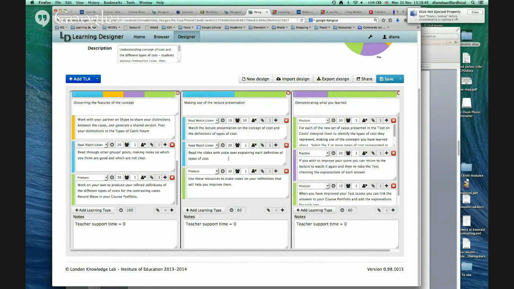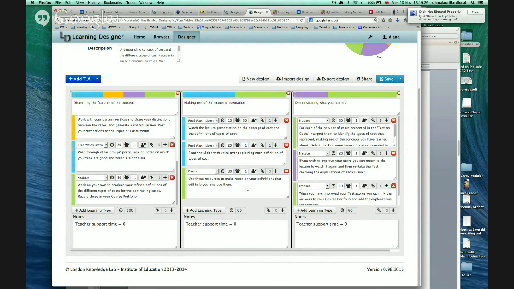So instead of just video, you've also got the slides with voiceover, which are explaining each definition. And because it's asynchronous, of course, students can take their own time about how much of that they look at. So this might actually, for a particular student, end up being quite a bit more than another 20 minutes. And then they're going back to use those resources to make notes on their own definition that will help them improve it. So we could say that's about the same amount of time, but instead of listening to the lecture and making notes all of that time, they're actually working with the resources, both listening and watching